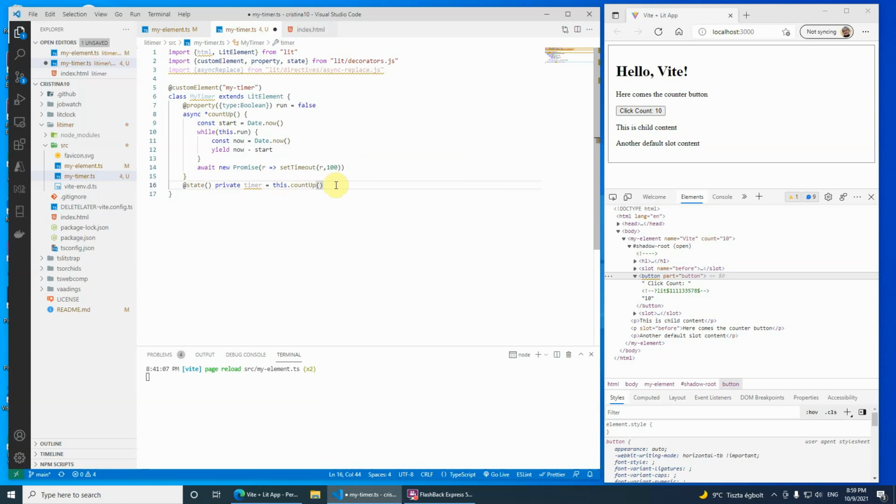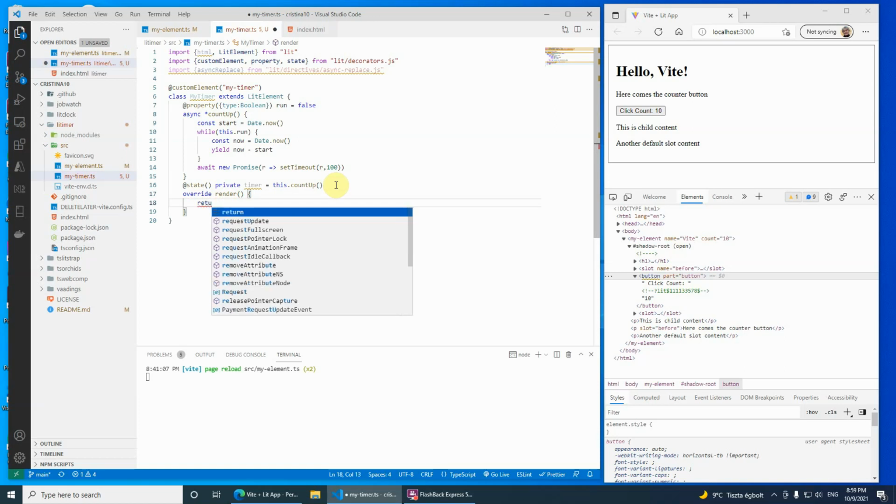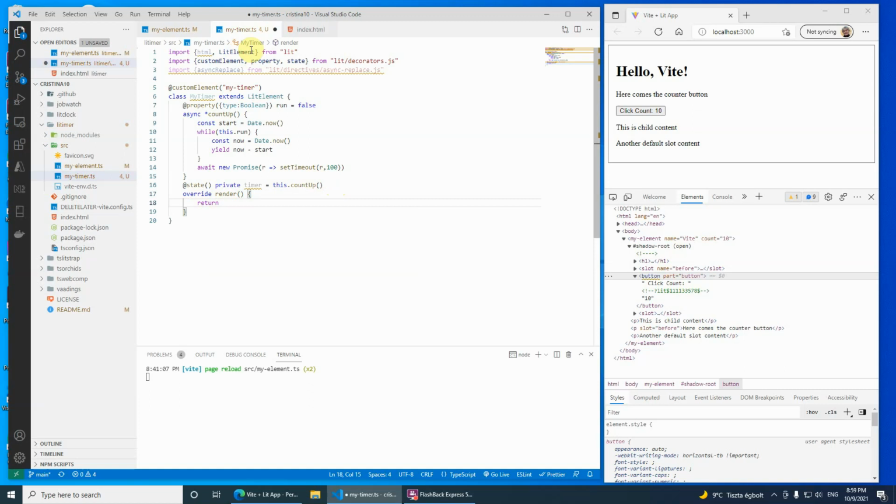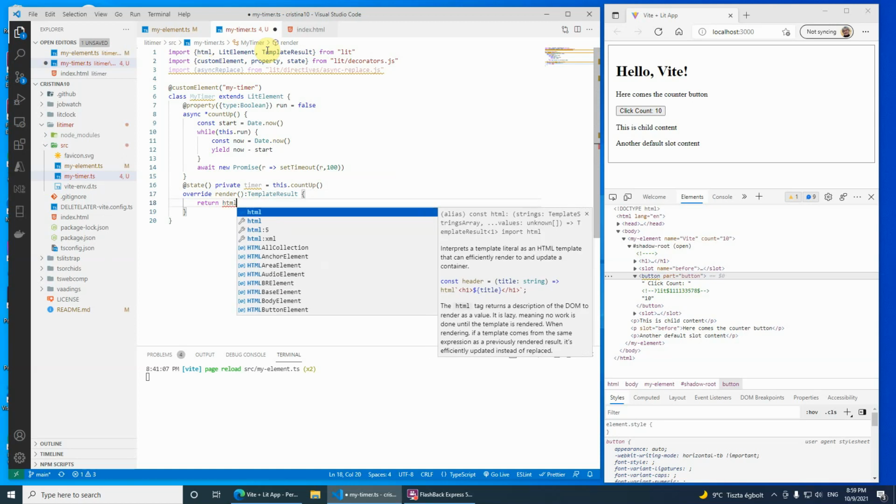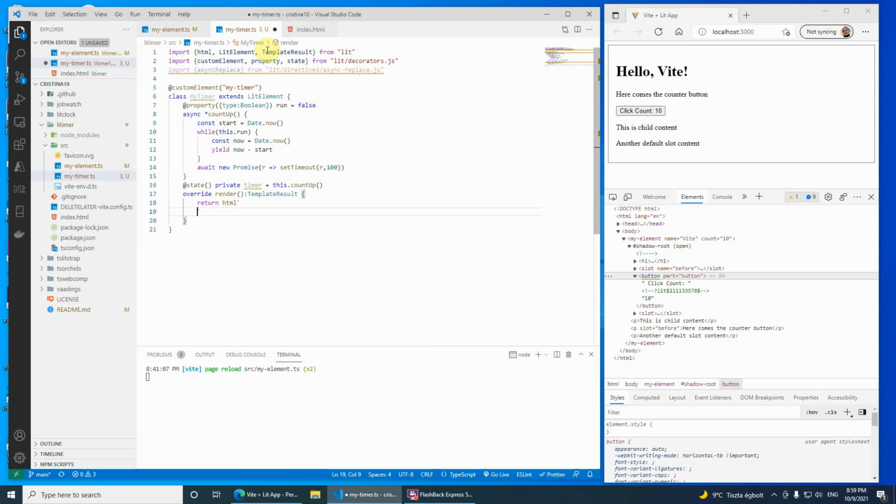Then we have, of course, our regular render function, which should return a template result. Let me just be precise, import another value, TemplateResult, as I explained in the previous video. TemplateResult return. Then comes our html backtick tag template literal, and then here let's just for now define my-timer